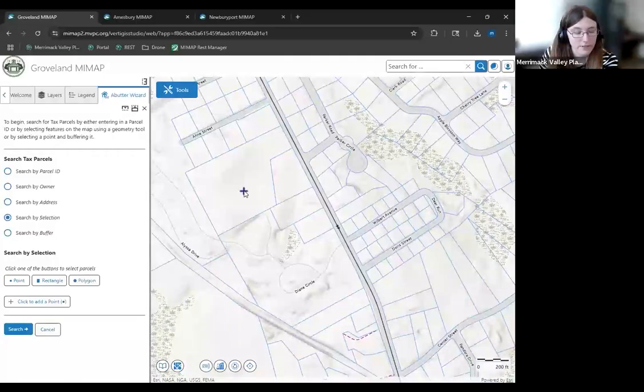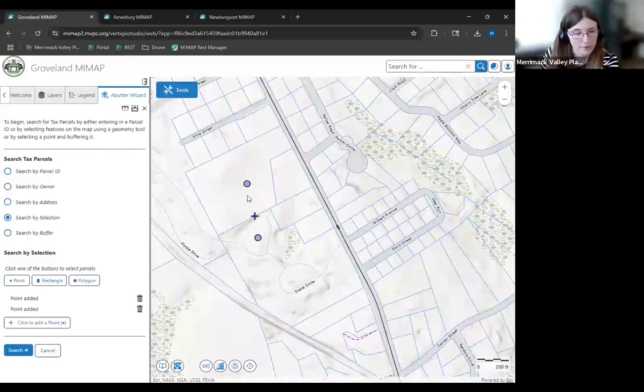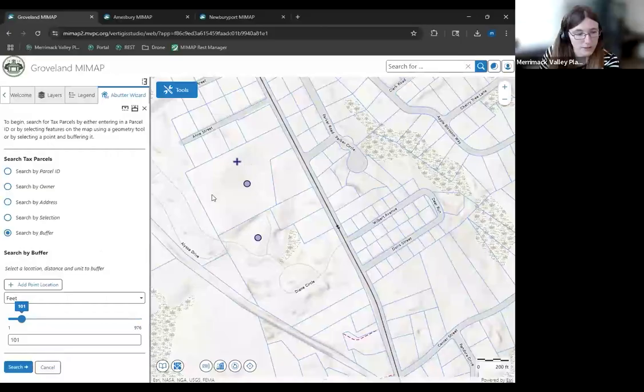And of course, searching by selection is the only thing that the original abutters list had, where you can click on things on the map to select them here, like this and like that. So if I wanted these two parcels, that would be the way to go about it. Searching by buffer lets you select a particular point and then select all parcels in a radius around it.